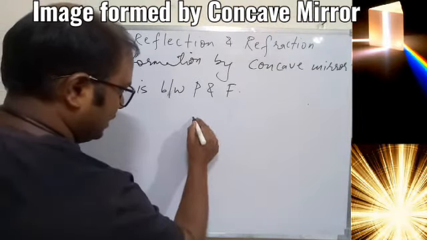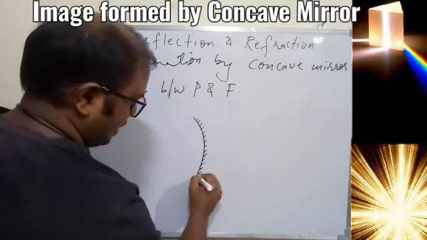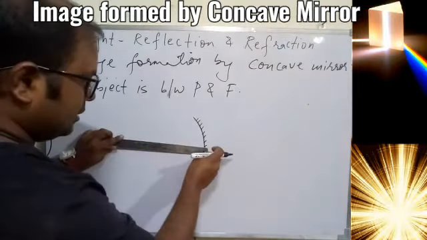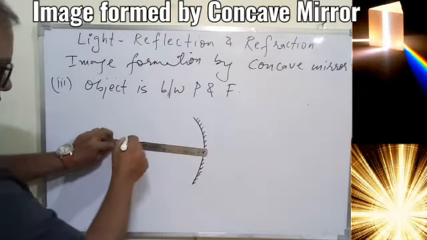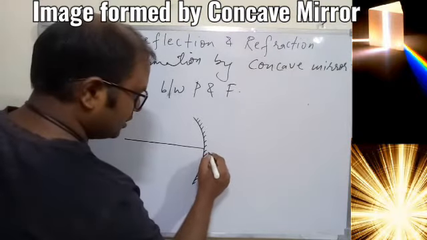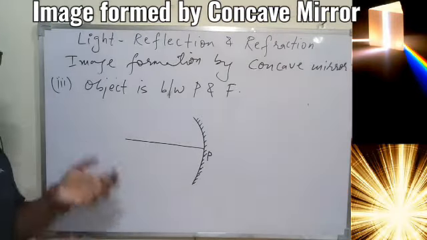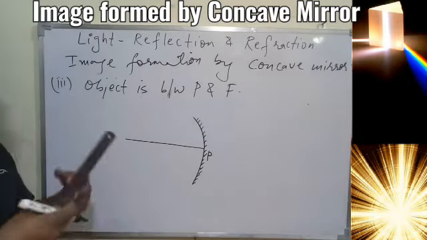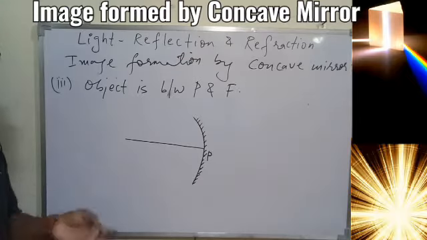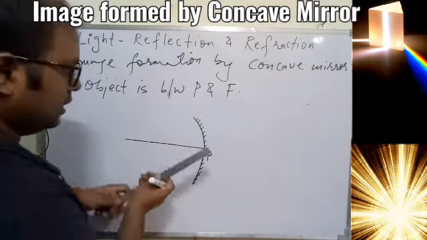So let's again do the same thing. Since I am doing this diagram for many years, I know what kind of image will be formed, but you should not try to learn all the time. If you can draw the diagram yourself and then find out the characteristics of the image, that is a better option as compared to learning, because now you're just doing concave mirror, then you'll have convex mirror, then we have two different lenses also. So you'll have almost 20 kinds of possibilities, 20 cases combining the mirror and lens. Then it will be a difficult task for you to remember it. Simple. So always try to do it.